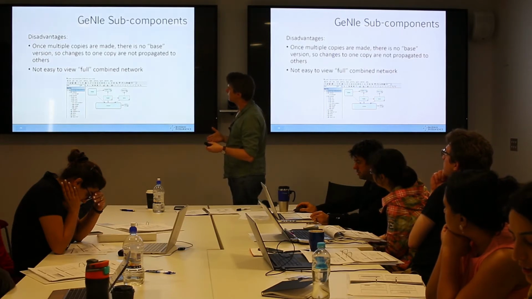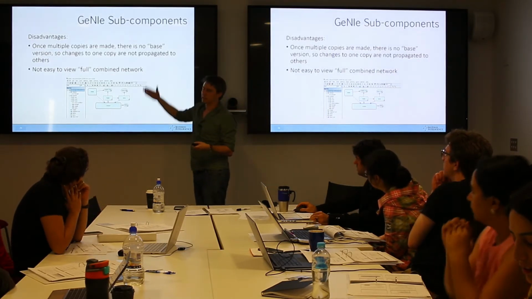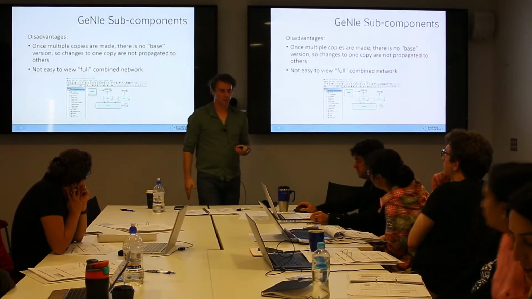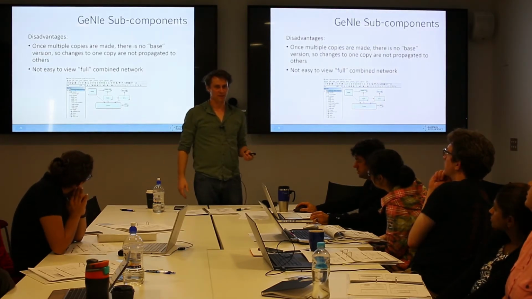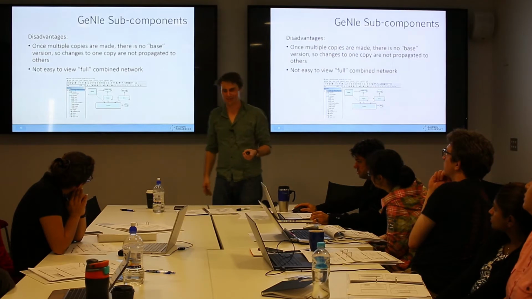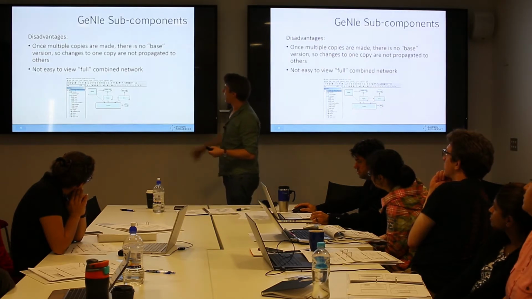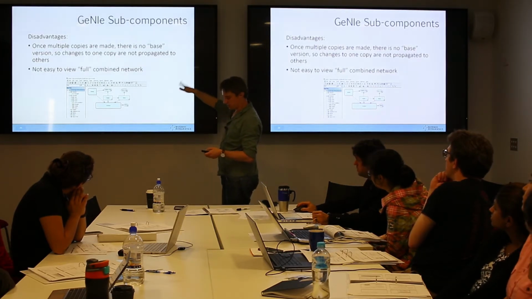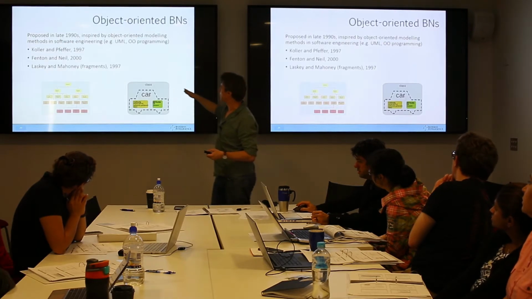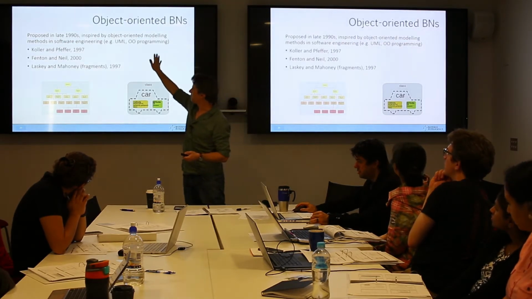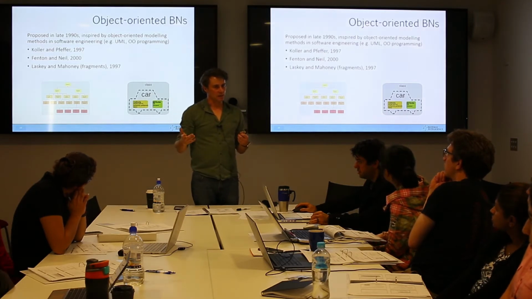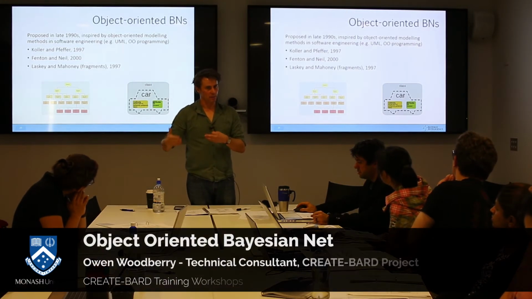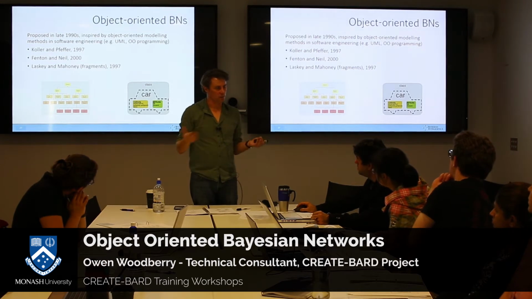And I don't know, I think that's debatable. It's not easy to view the whole full submodel. Huygens does do this flatten out type thing, but I don't know if that's really easy to view the full submodel either. So these are kind of motivations for why we might go into Genie anyway, and also into Huygens. And Huygens is, at least, attempting to implement this formal specification called object-oriented Bayesian